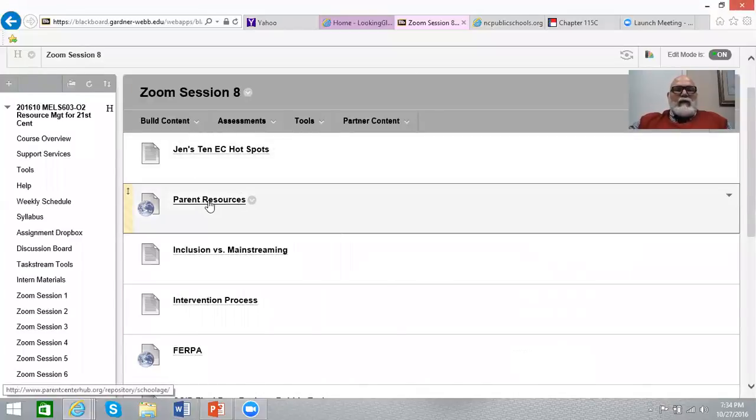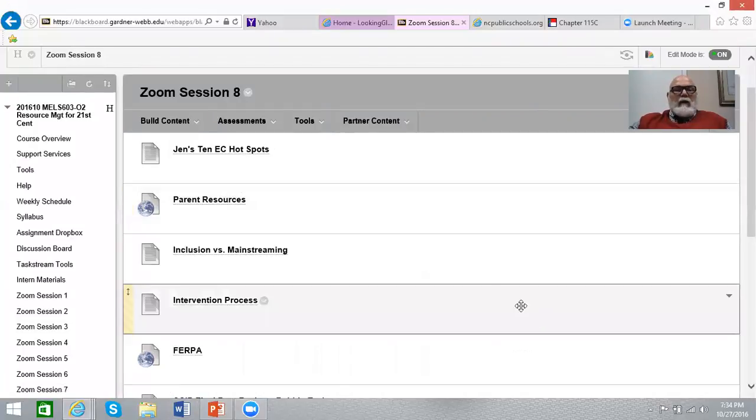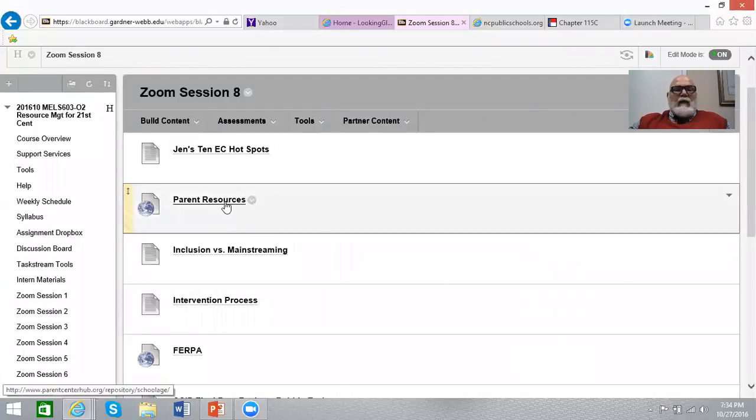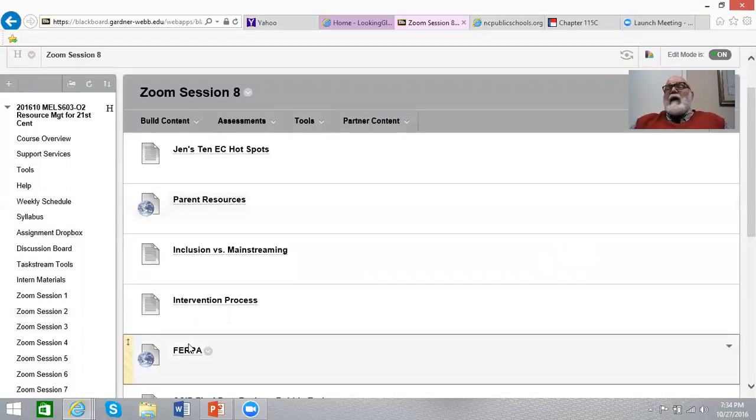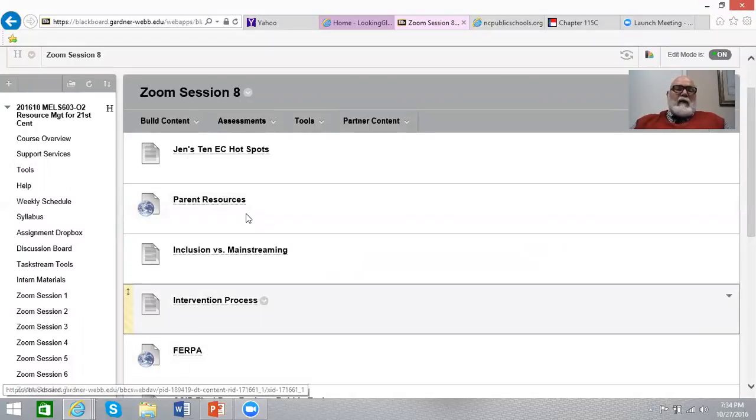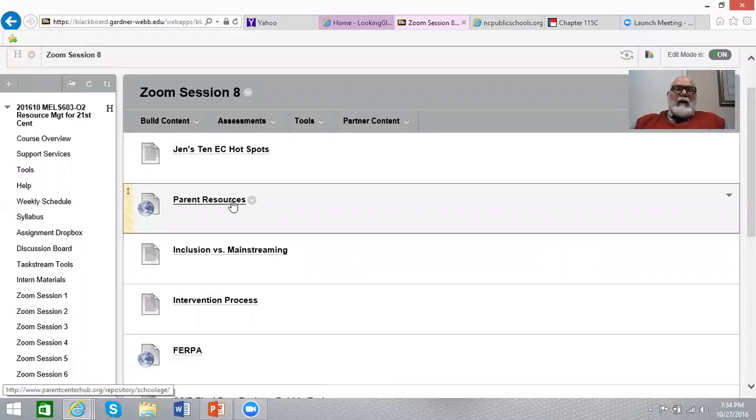The parent resources, this is a link, and these resources come in a written form, and you're supposed to give those to parents when they come to the first meeting that you have with them once their child has been referred. You're supposed to have the second 90 days, you're supposed to meet with the parents at that time and make sure they understand their rights. Even though their child's not even been tested yet, they still have rights, the same rights while they're in the process. That's the second 90 days.